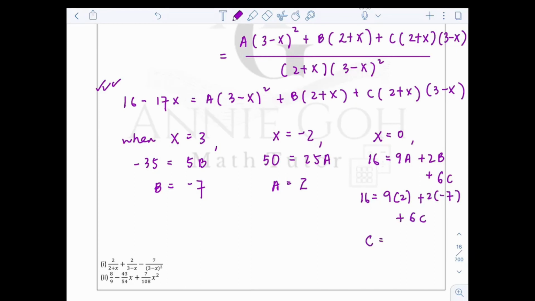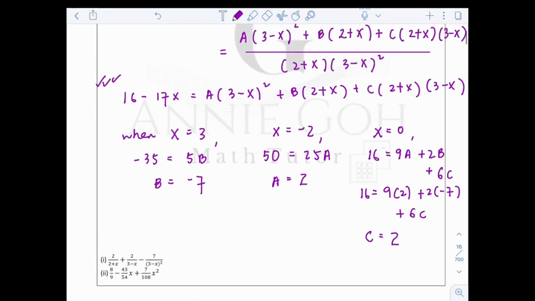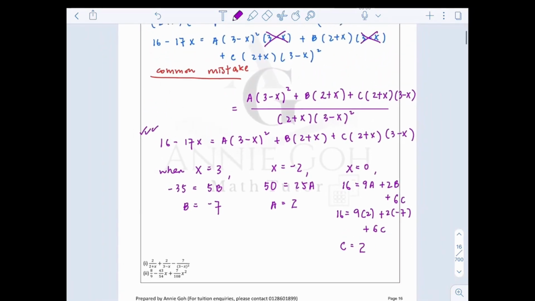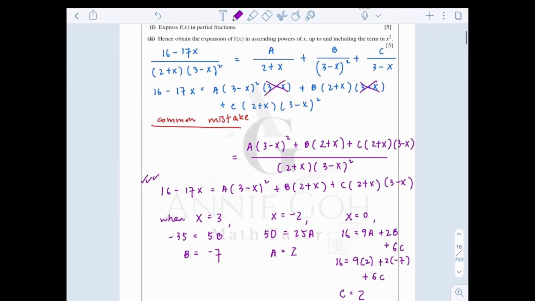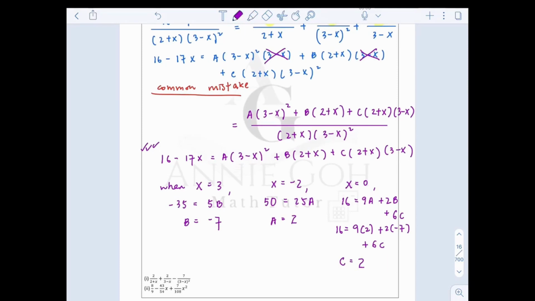So let's calculate the value for the c. Alright, you get a 2 for a c. Okay, which gives you what's our final answer for the partial fraction? Have a look at the ABC here. This is a, this is a b, and this is a c. So you are supposed to sub in the values into the ABC. Alright, so the final answer will be